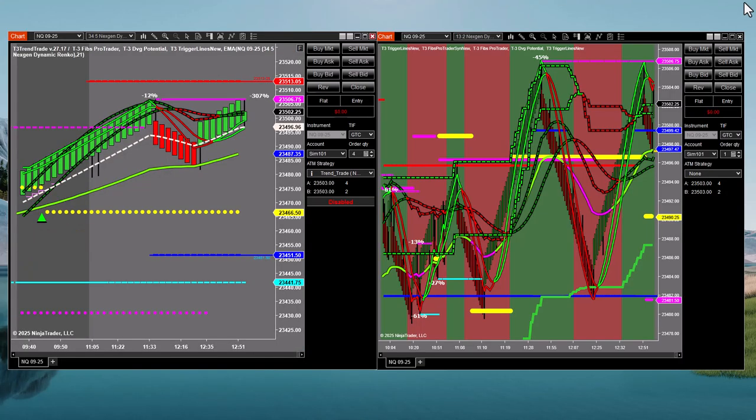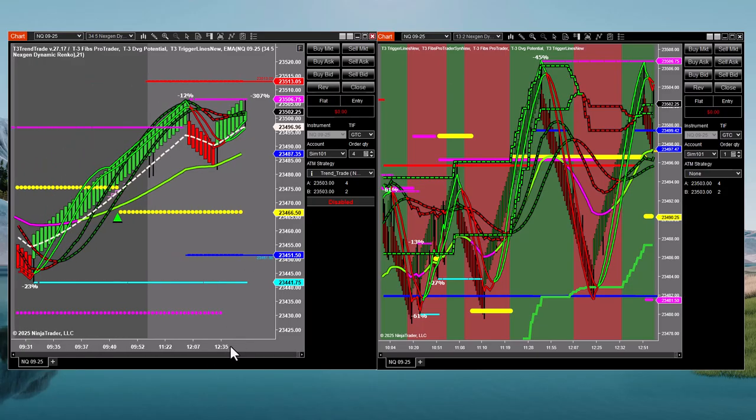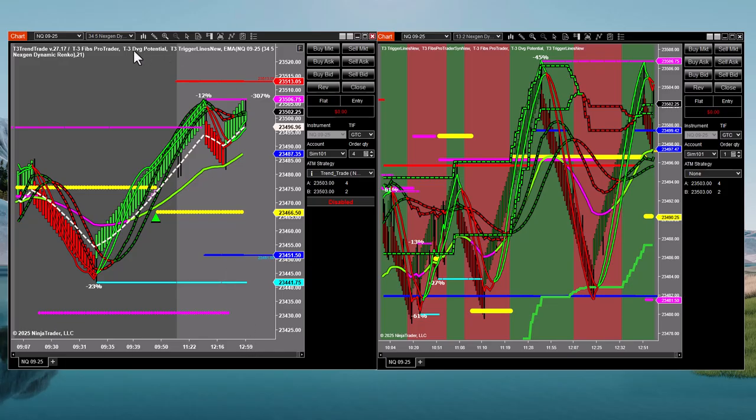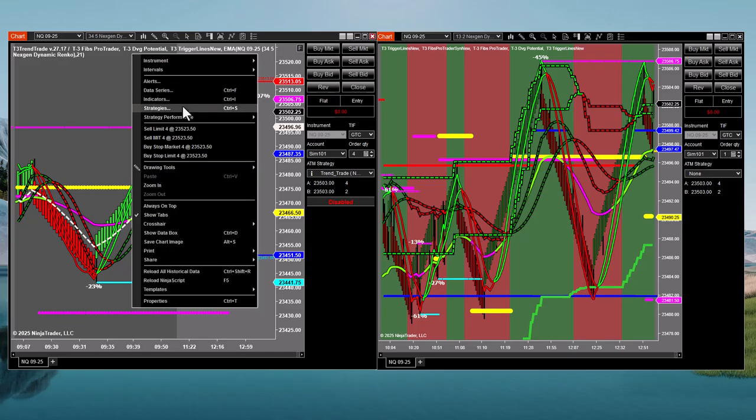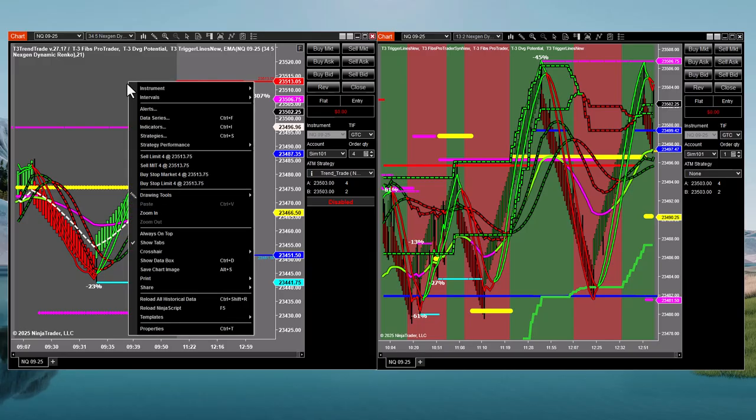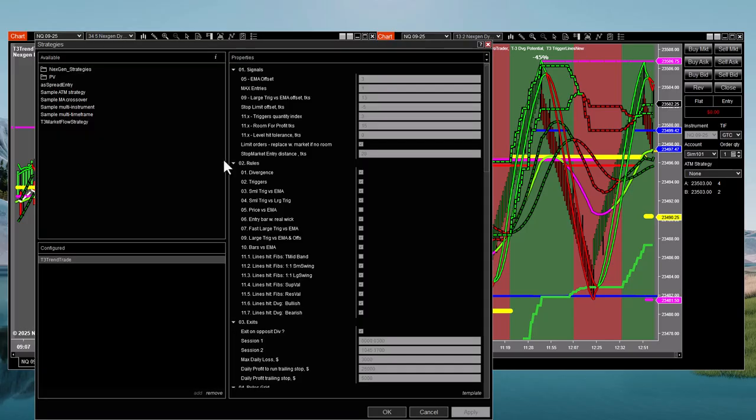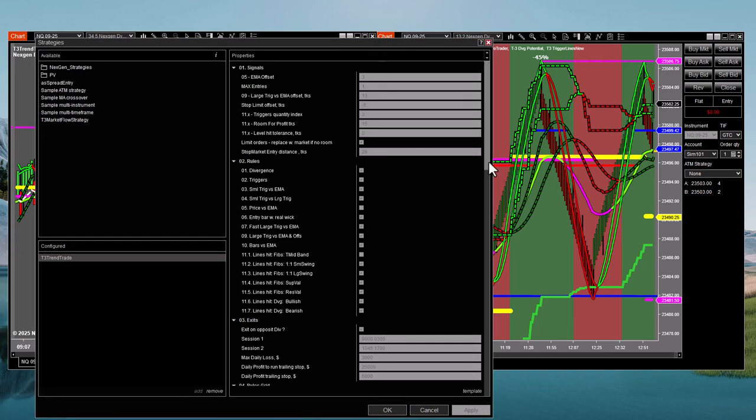And what I want to do really quickly, since I have you here, because that's it really, it's very short, very sweet, very simple. I've made a couple of ATM templates for you guys to get you started. So if you go into strategies and go to template and then click load, there is,